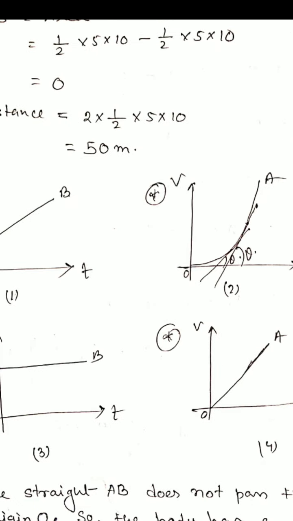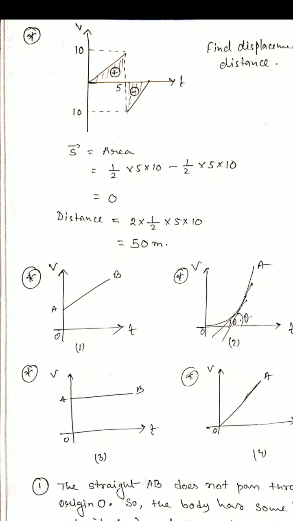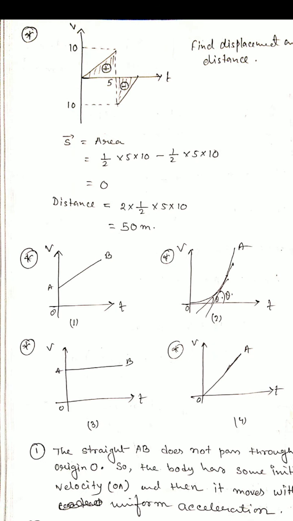because you see that the particle started from 0, then increases, and after that the velocity is 10, then again it comes back to 0, then goes negative, then again returns back to 0. When a particle's initial and final position is the same, we say that displacement is 0. So for this velocity time graph, displacement is 0, but distance is the total path covered by an object. In this case we just add the two areas, so we have 50 meter.